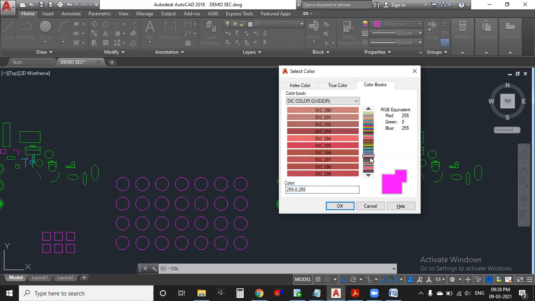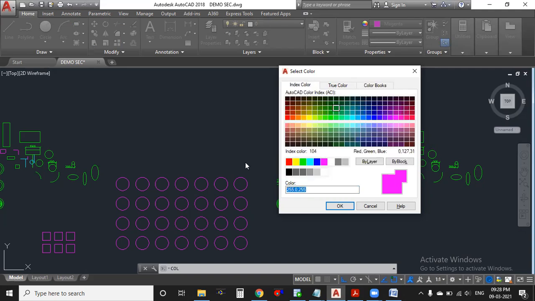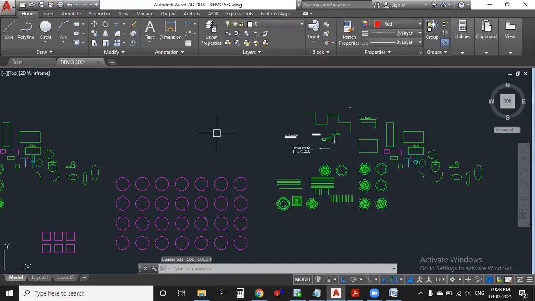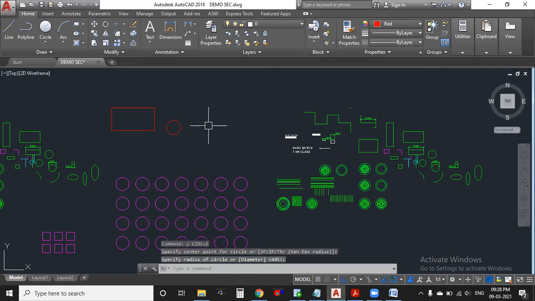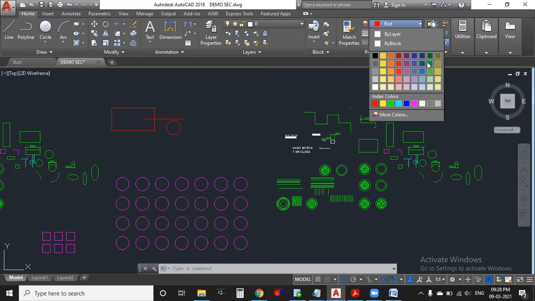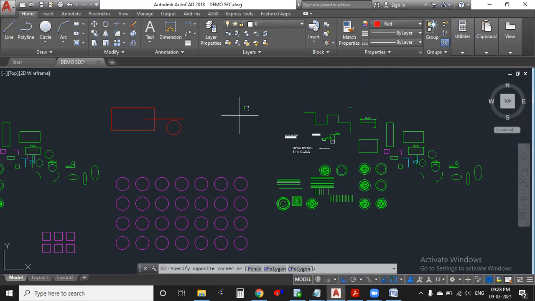Which color you want, light, dark, medium, high, whatever, you can work here, but usually we are going for index color only. If you want red, just take red. Then whatever you are working on: REC enter for rectangle, C enter for circle, L enter for line. If you want the main highlighted colors only, you can go here and take your colors. Usually we mostly use these colors, but if you want more colors, you can use the command